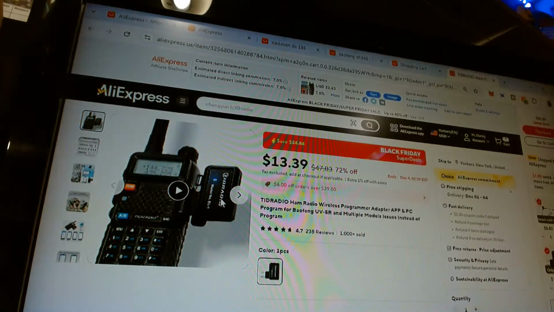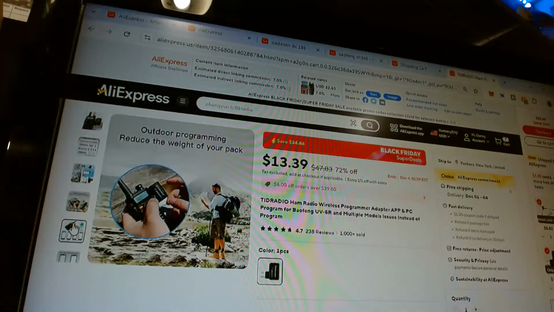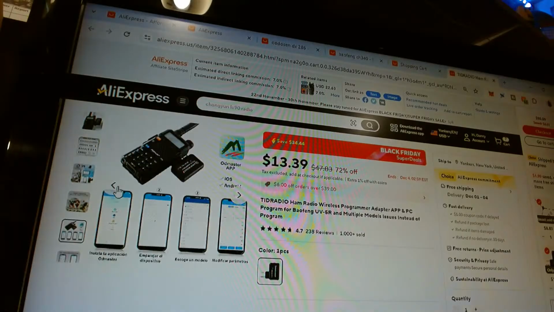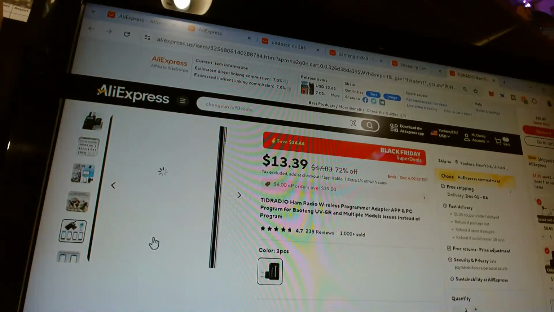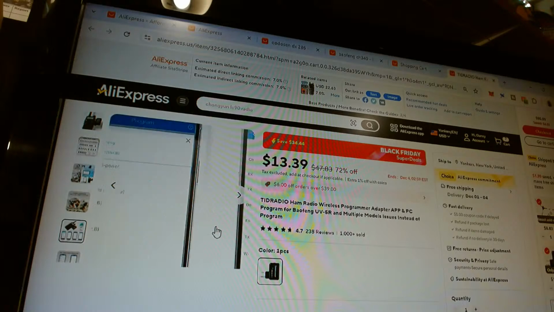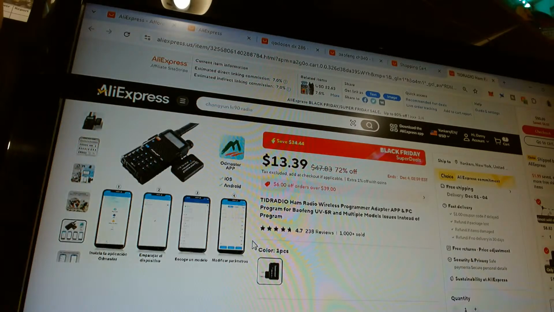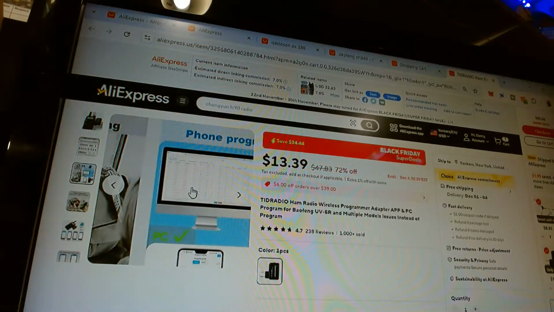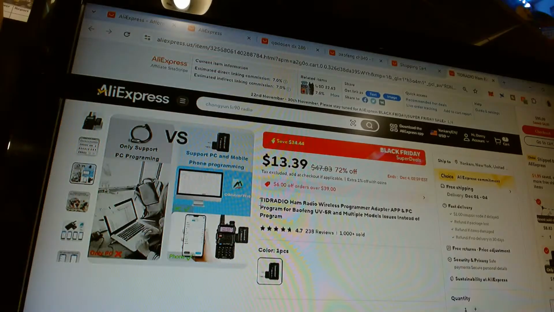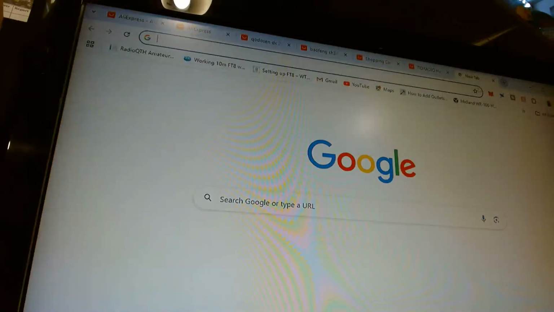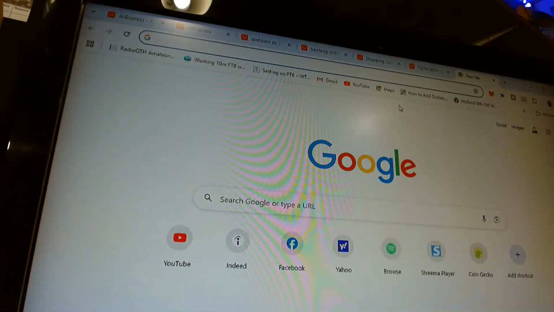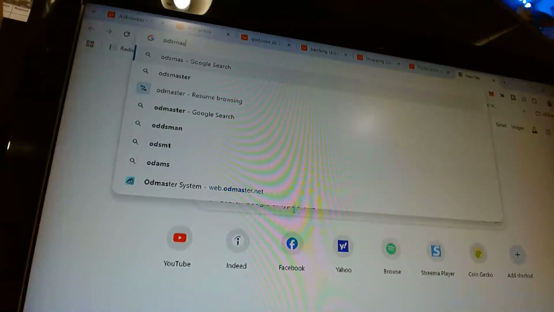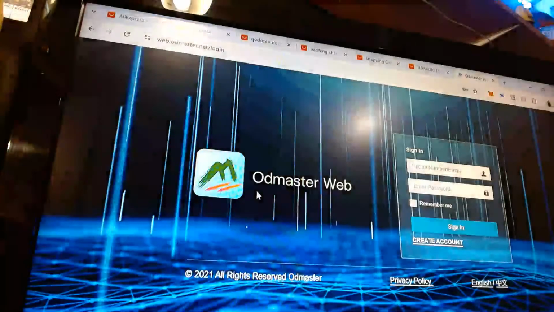So this one has its own software. It's right here. It's called OD Master. See, this is the software on your phone. And then you put in the, you know, and they have a website. You can go to the website too. It's a browser-based app. So if you go to OD Master, yeah, right here, sorry. So this is the website.